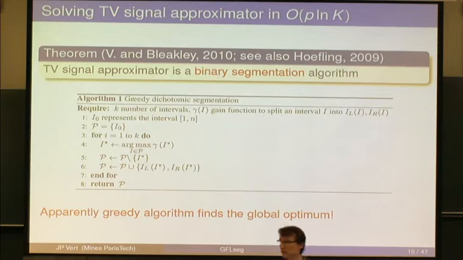Binary segmentation historically is the algorithm where you have a signal, you scan it using some statistic to find a change point, and then you isolate the left from the right and you iterate. Meaning on the left you scan it to find the next change point on the left, on the right you do the same, and you iterate. So these things are very fast. They have complexity of the length of the signal times the log of the number of change points. Okay. Now, what's interesting is that